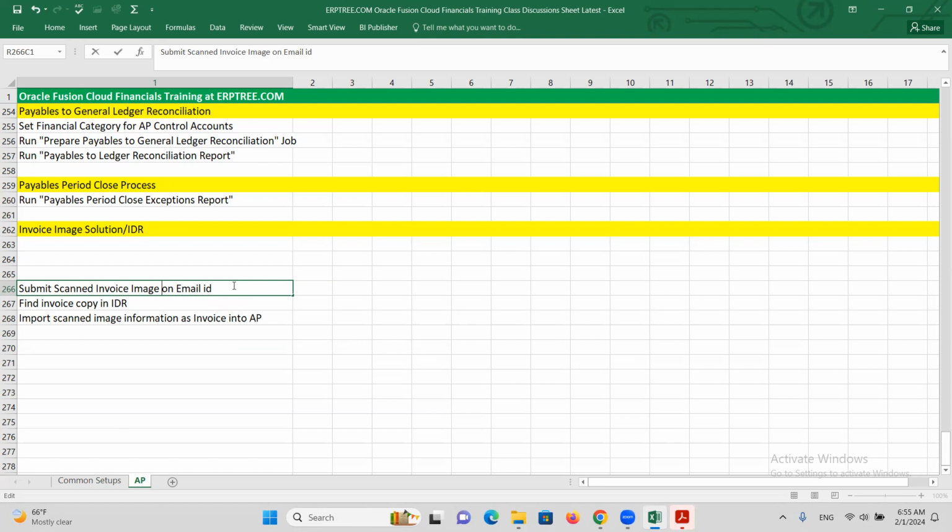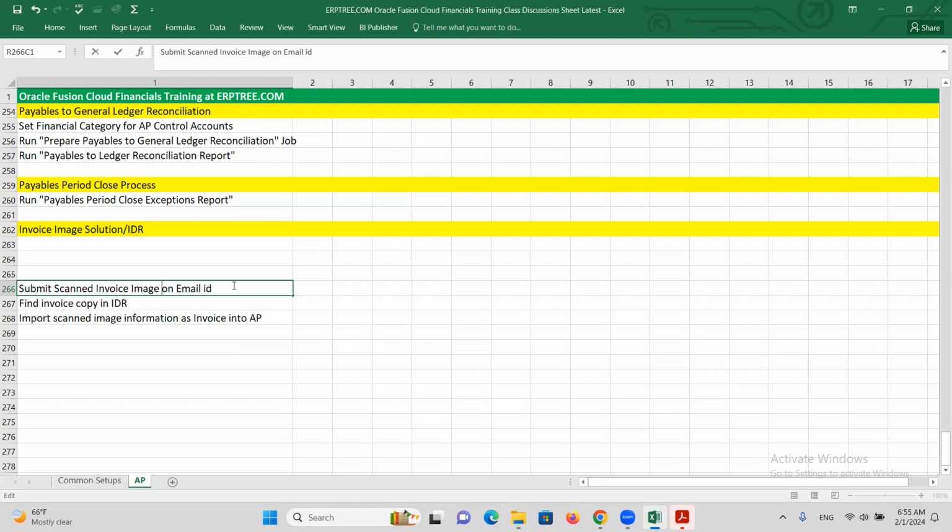The invoice number or PO number could be on the left or right, or the vendor name. It could be vendor name, supplier name, or organization name. It could be any text. It has the intelligence to read and understand the data format also, whether document format or data format. So any format can be scanned by this IDR solution